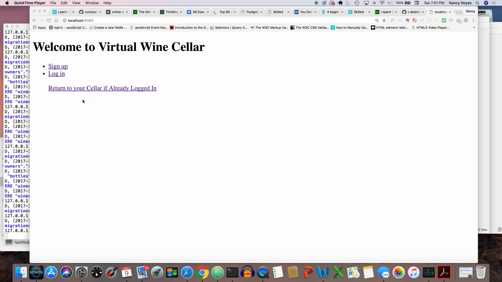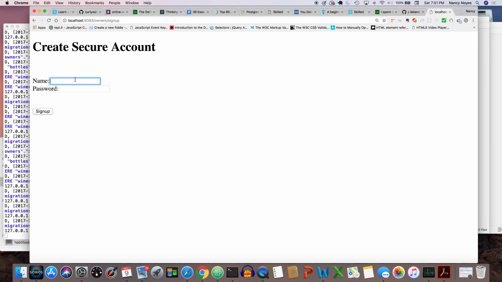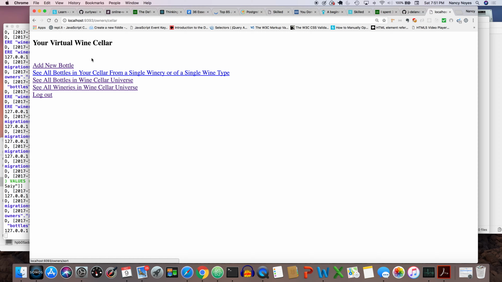And from the homepage, you can sign up if you don't already have an account, or you can log in if you do have one. So if I was going to sign up because I didn't have one yet, you click on sign up. Max is going to set his password to Max. Not very secure, but that's how he wants it. And he signs up